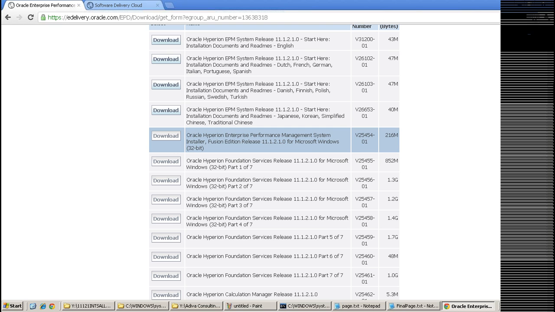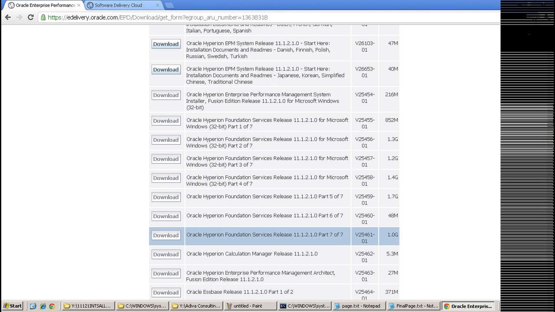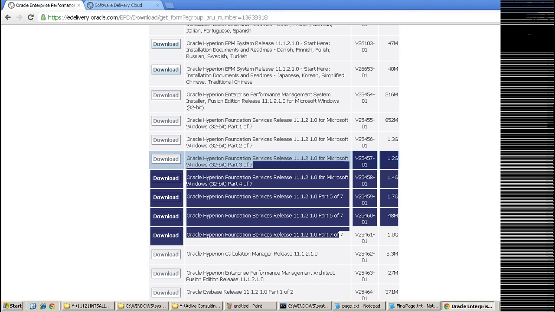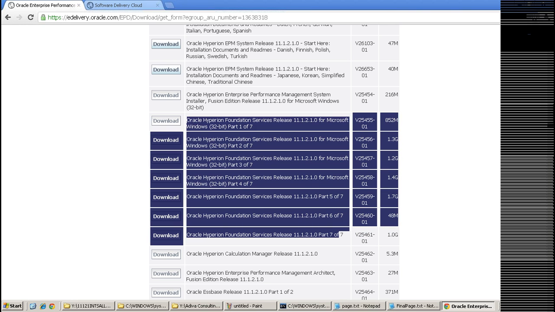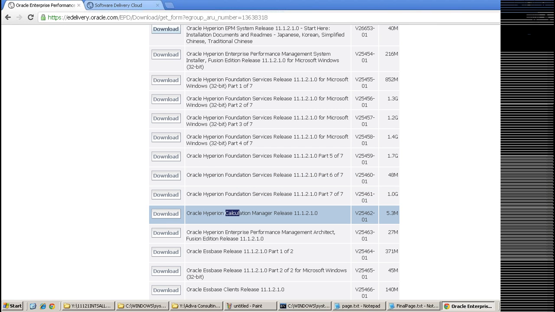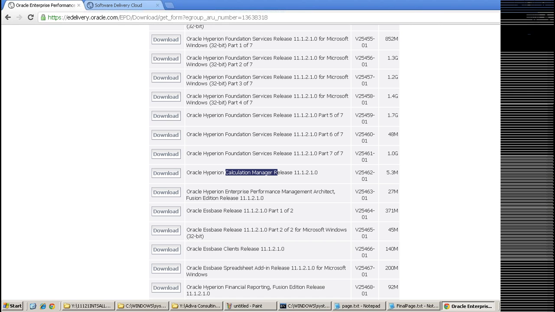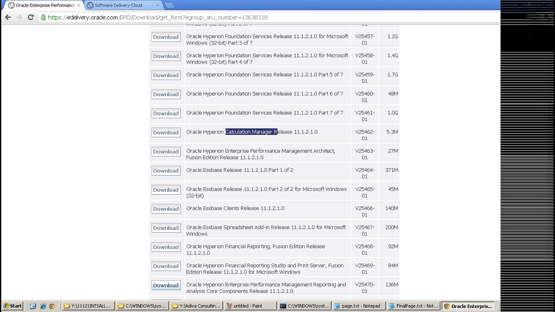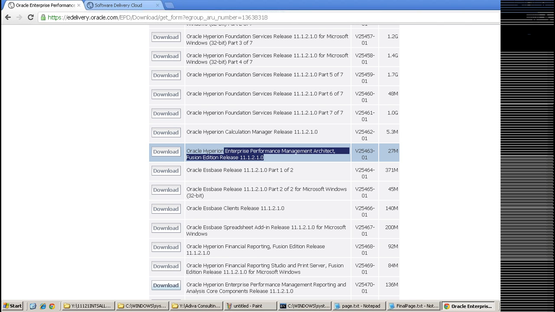You have to download the installer as well as all the foundation services, and then you need to download Calculation Manager. Its purpose is to write business rules or complex calculations in Hyperion Planning applications, and Enterprise Performance Management is used to create EPM applications.